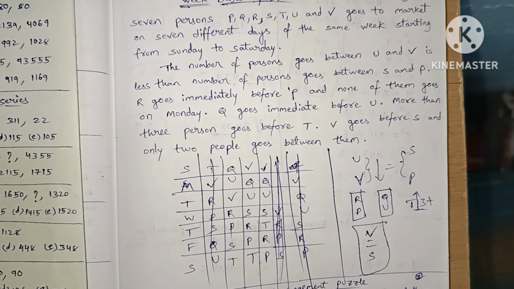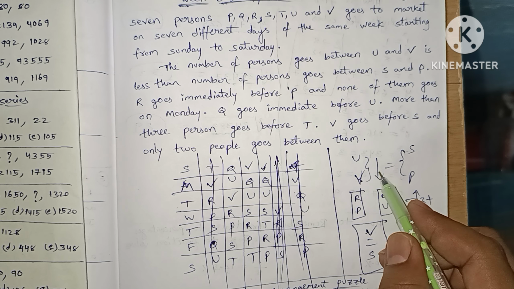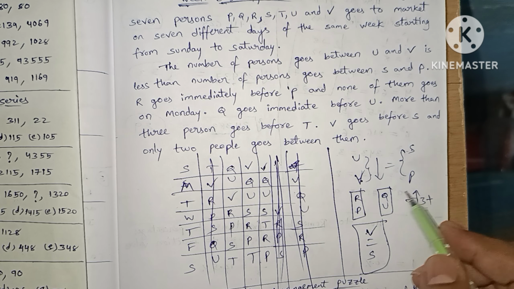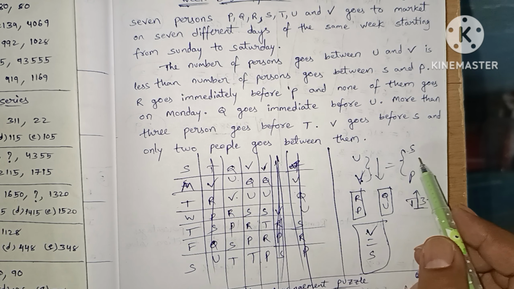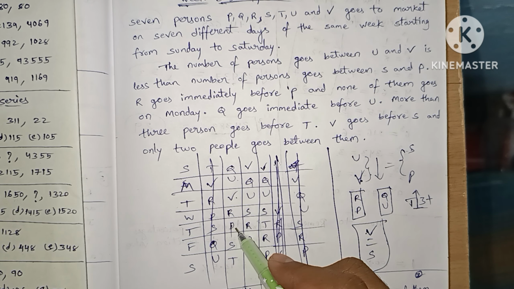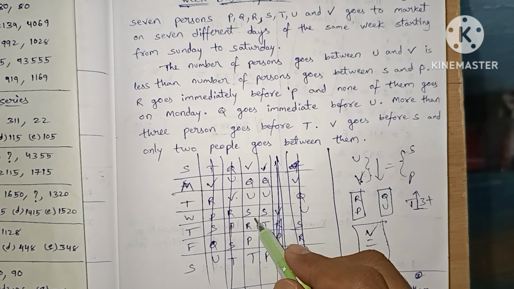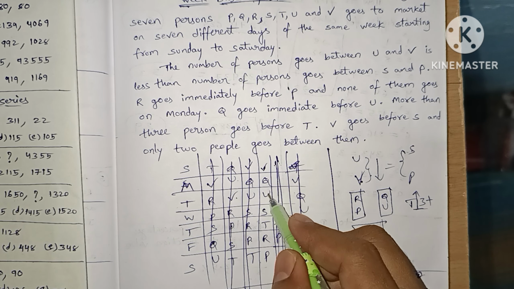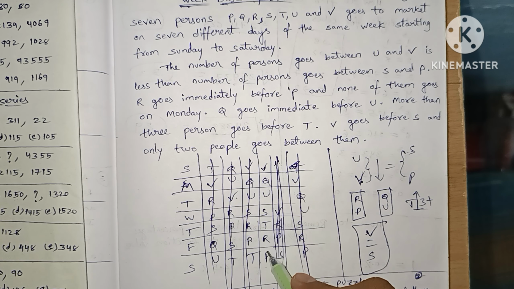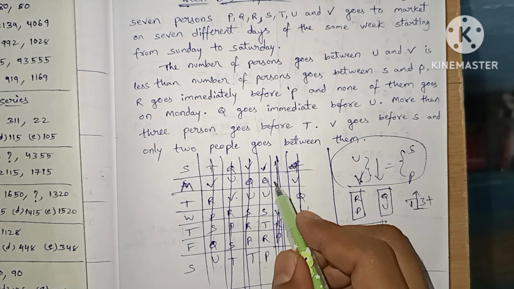Okay, let's see what is the remaining. U and V in between is less than S and P. U and V 1 person. S and P means S and P also 1 person. This fails. U and V 1 person. S and P also 1 person. This also fails. U and V only 1 person. S and P there will be 2 persons. So this one is satisfying. So our answer will be,